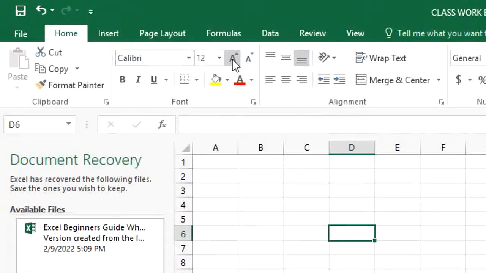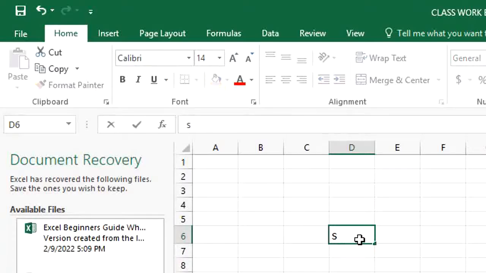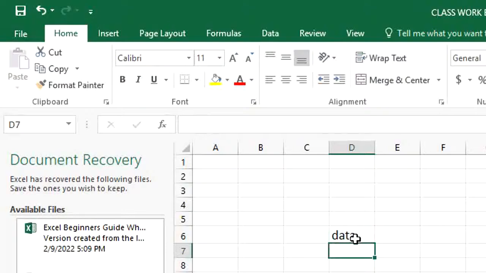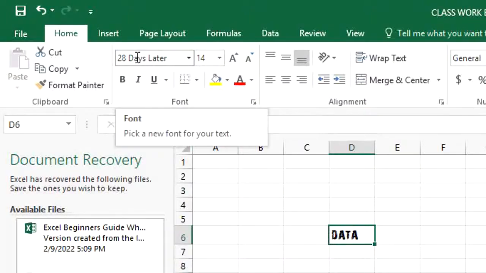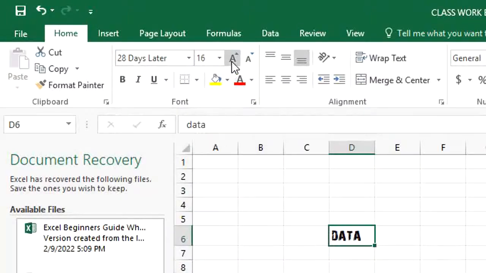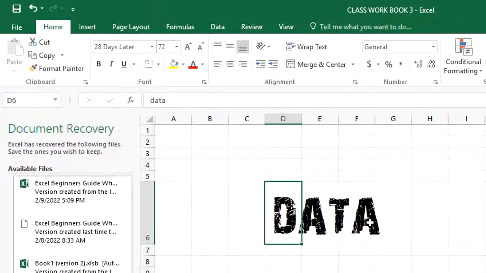So you can increase maybe the size. For example, let us type some text right here. I'll just type, for example, data, and then if I go right here in this cell, I can change the font. You see, the font name is shown here. I can change the size, as you can see. If I'm clicking right here, you can see that the font size is increasing. You can as well